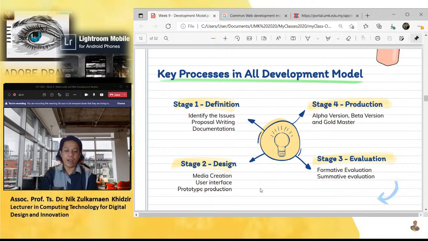So we need to evaluate our prototype. There are two types of evaluation. Stage 3: formative evaluation and summative evaluation. For formative evaluation, we need to see the progress and the development. And for summative evaluation, sometimes we need to do the evaluation continuously, so that we can improvise in every cycle